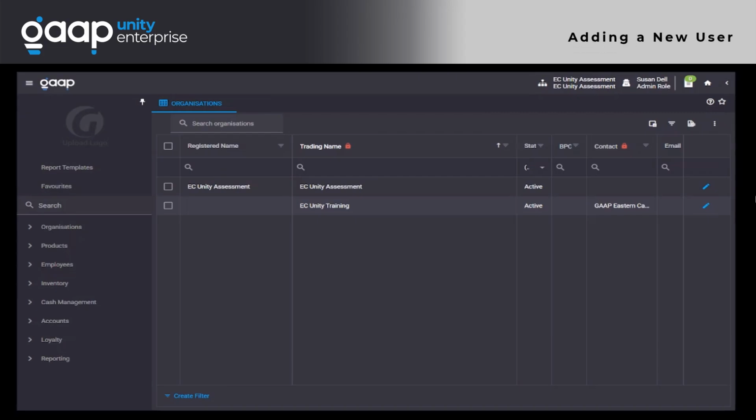What is a Unity Enterprise user? A user refers to a person who will have access to Unity Enterprise, distinct from employees who will only have access to the point of sale within the Unity software. Creating users is a task that can only be performed within the admin node and thus requires a user with